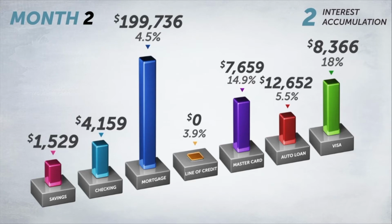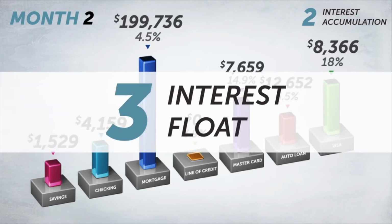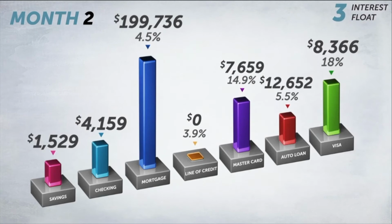You just saw an example how Prospio utilizes the third money-saving principle, interest float, the use of other people's money to help you truly eliminate interest and build wealth. You use the bank's money, paying them no interest for a full month while your money sat in savings and earned interest. Now, we're going to go and see how the system next instructs them to take